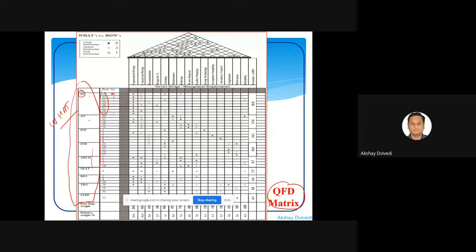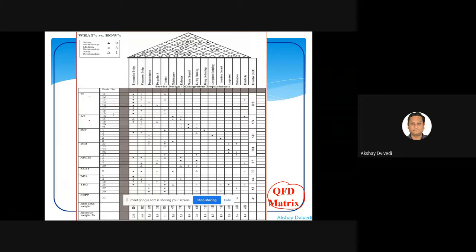All right. To fulfill those requirements, here are my technical descriptors, the how to do that particular part. So in this scenario, you will identify that there is something written as ergonomical design, concurrent design, design for X, training, maintenance, and so on. Those things are actually contributing to the customer requirements. So basically, technically, how you can fulfill those requirements.